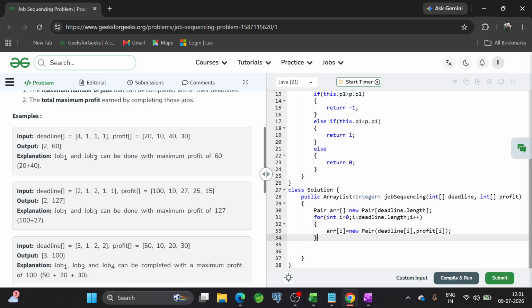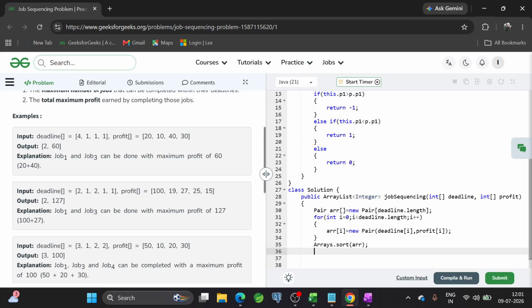So after that I will sort this array, Arrays.sort(arr). So the array is sorted in descending order based on maximum profit.